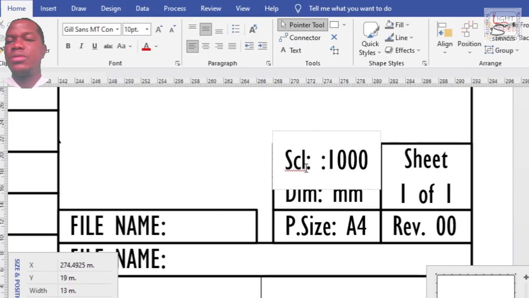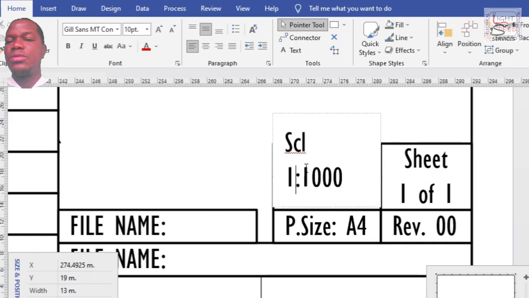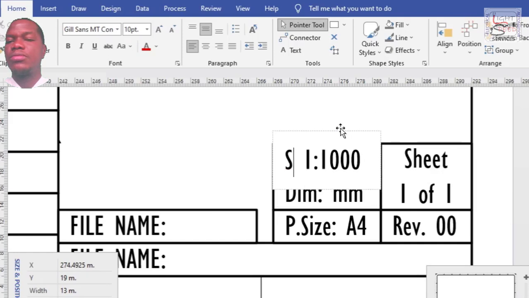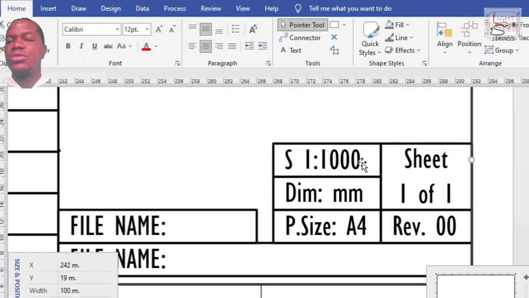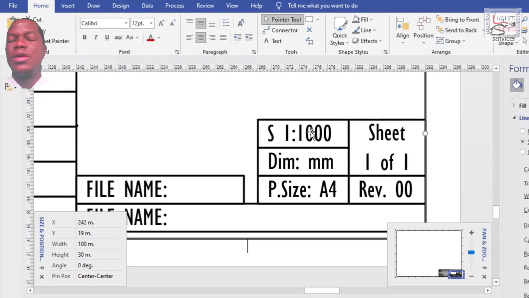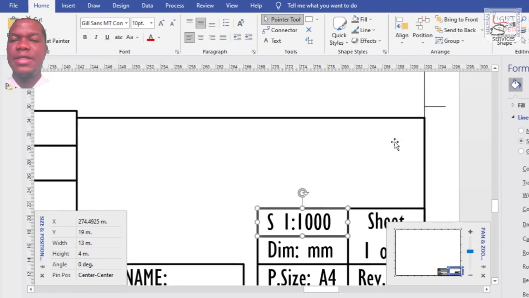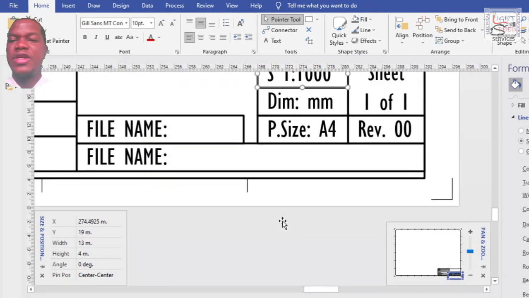Didn't work. Remove the L. Didn't work. Okay, so we'll work on this later. Let's get the other parts of the diagram right first.